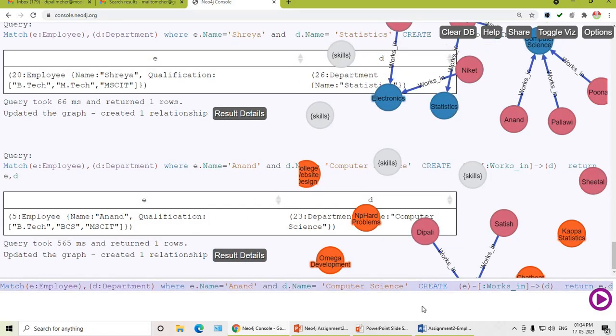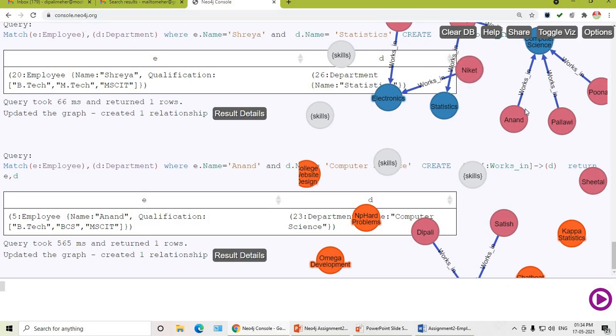So you can see here we have finished with employees working in a department. See here 3 employees working in a computer science department.